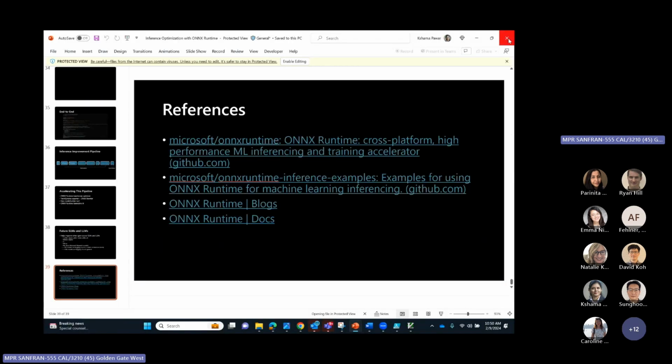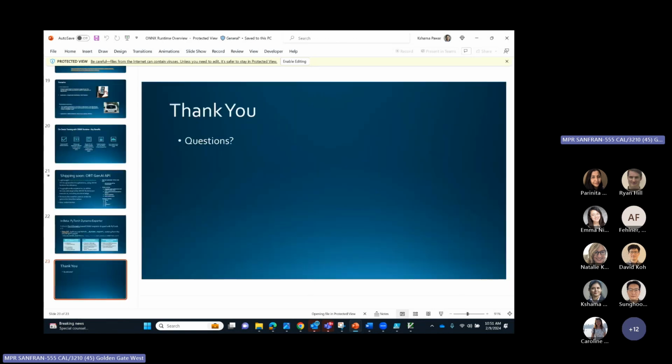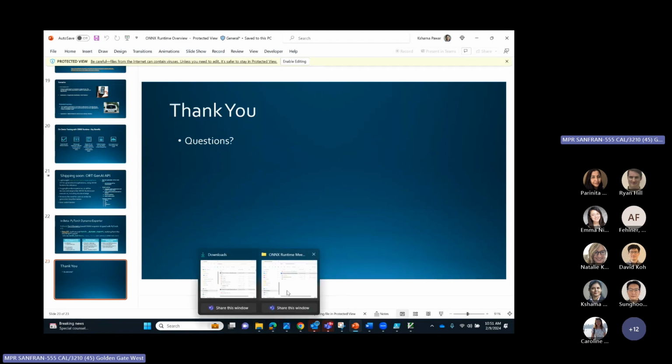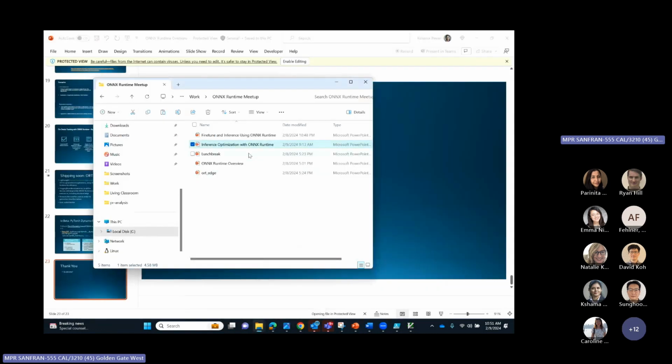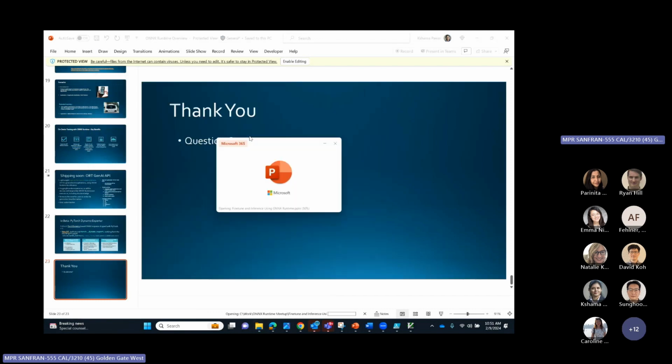A lot of it is CUDA code. Let's say you're writing on a GPU for the CUDA EP, it's a lot of CUDA code. We do have integration with Cutlass as well for our attention kernels. If you're using other EPs like TensorRT, we have their binaries as well with